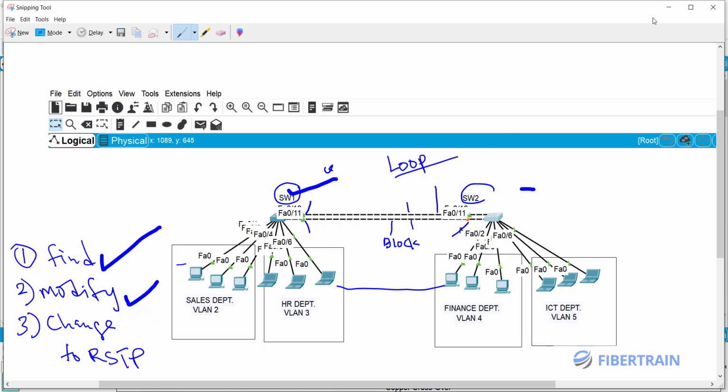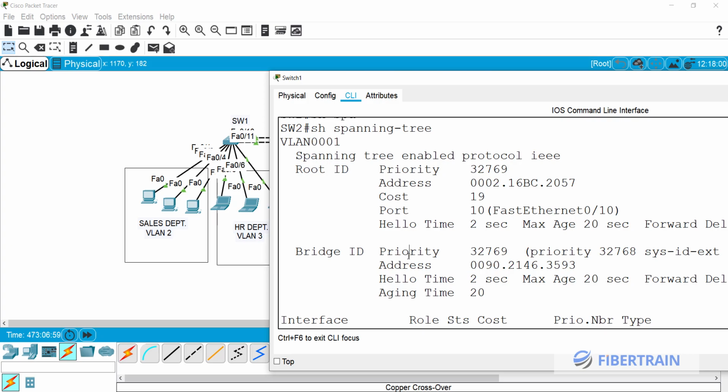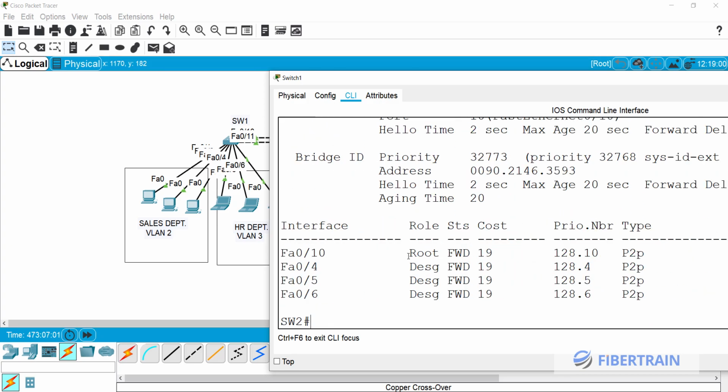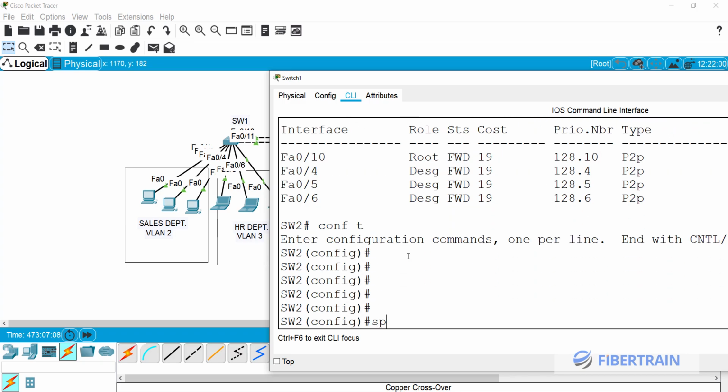So we'll get into switch 2, because it's switch 2 that we want to become the master now. So go to switch 2 and just scroll down, do conf t, and here we do spanning tree